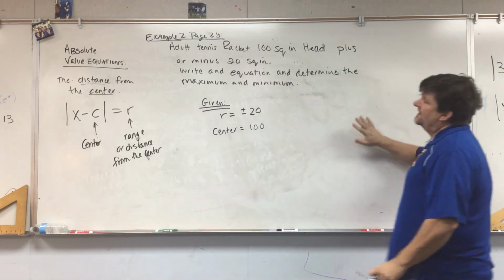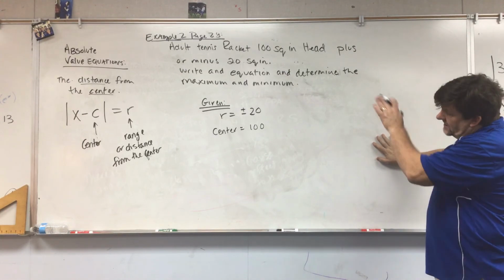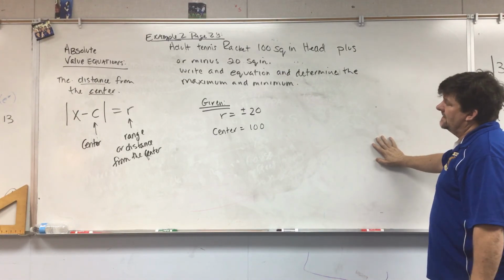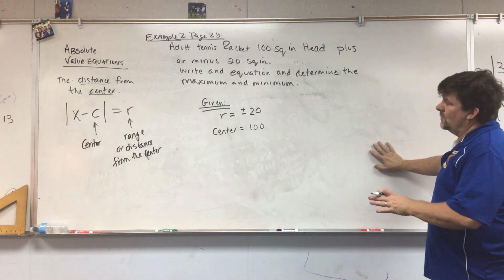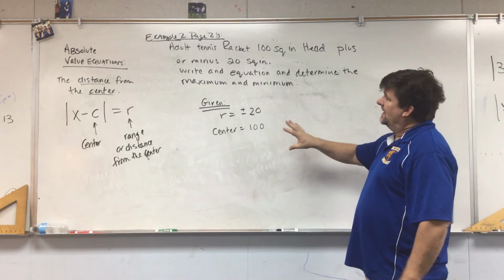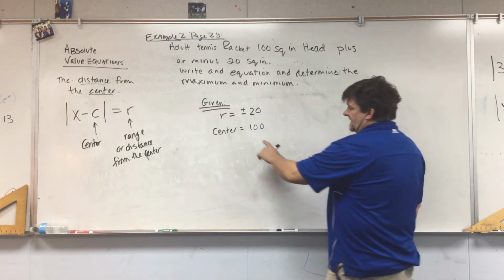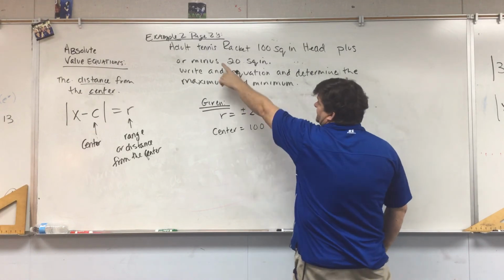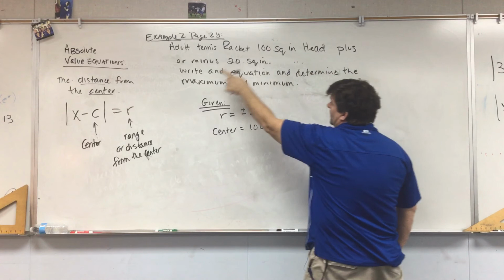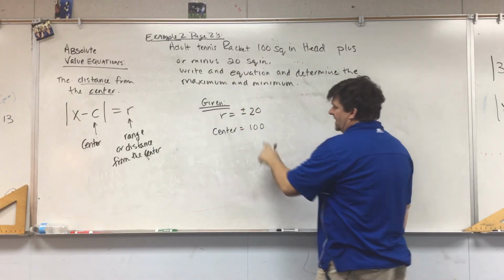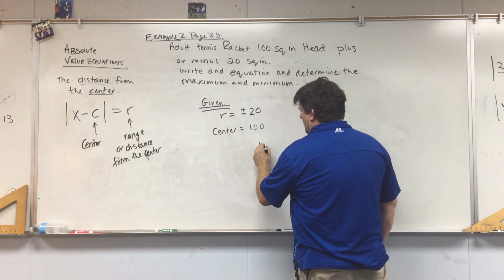So I'll step back. This is example 2 on page 28 if you want to stop and record, or you can copy down the basic information that I pulled out from here. So if we're dealing with the idea of absolute value equations, we have this idea here. We have a center, which is the tennis racket, which is 100 square inches, and then it's plus or minus 20 square inches. So if we really look at that and we put it on a number line, we have